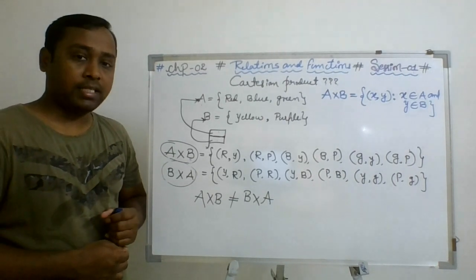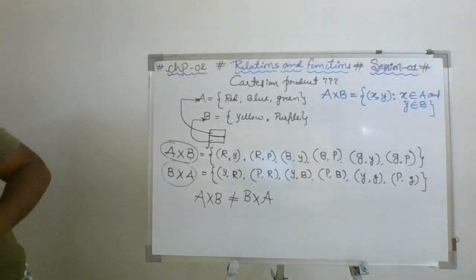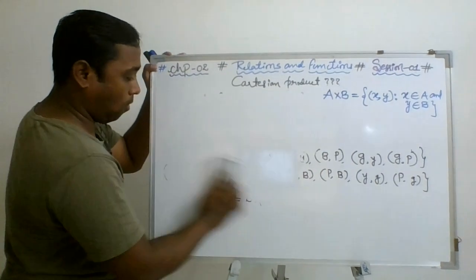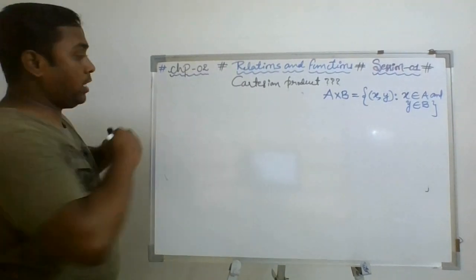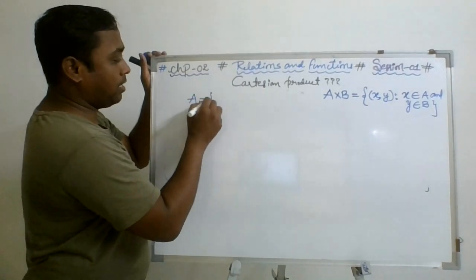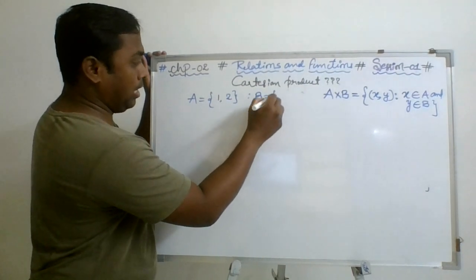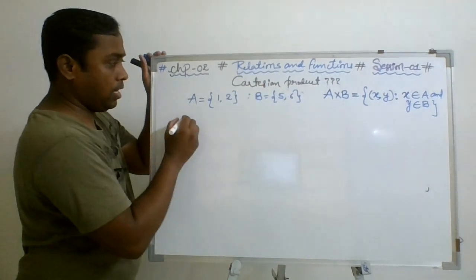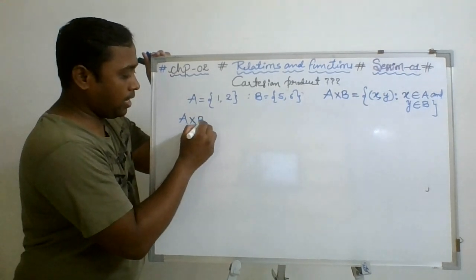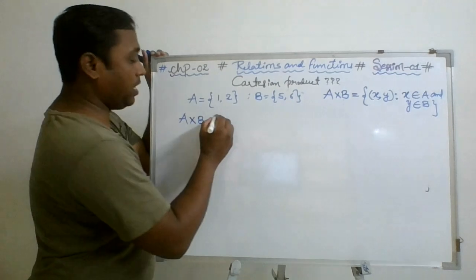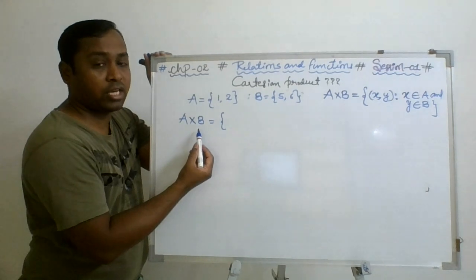Now I am taking one more example to define the Cartesian product of two sets. Right? Let's see. Just for your better understanding, I am taking an example like set A has 1 comma 2 and set B has the elements 5, 6. Now, how many ordered pairs you can make by writing A cross B? A cross B means the first element is taken from set A and second element is taken from set B.